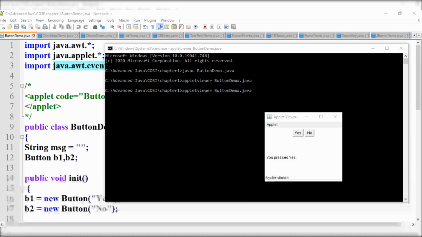Students, now you are preparing for the online exam. It is very difficult to prepare for questions like finding the output of a program or finding the error in a program. For this type of question, you must be familiar with all the programs. You have executed all the programs, but because of this pandemic situation, it is not possible for all of you to execute all of them. So how will you answer these types of questions? Now I am going to execute all the programs so that you will be prepared for the final exam.